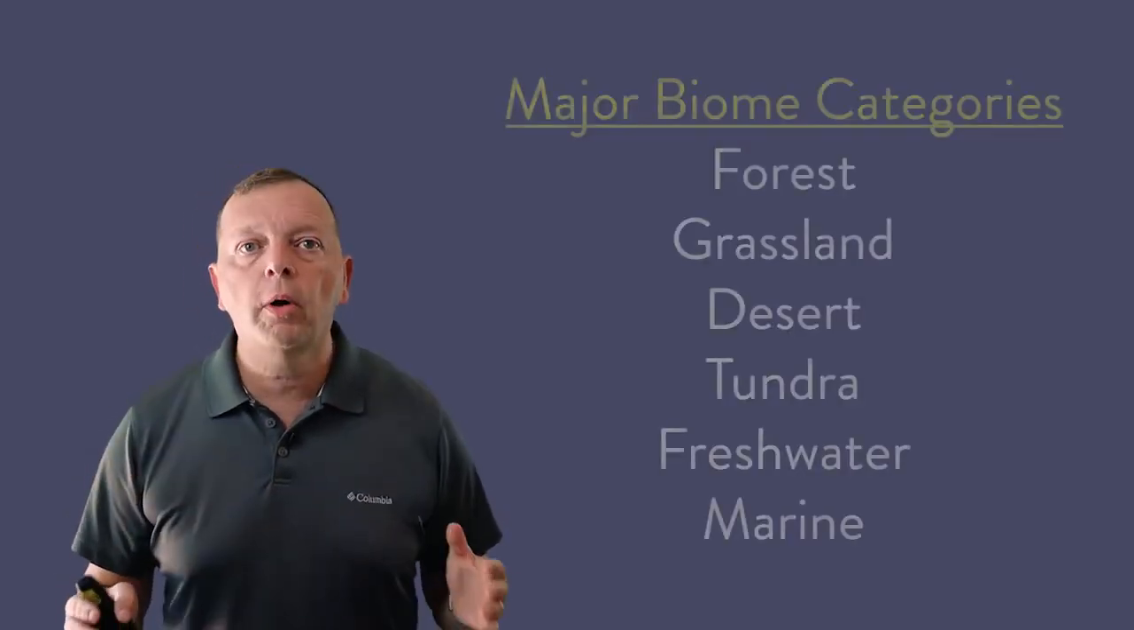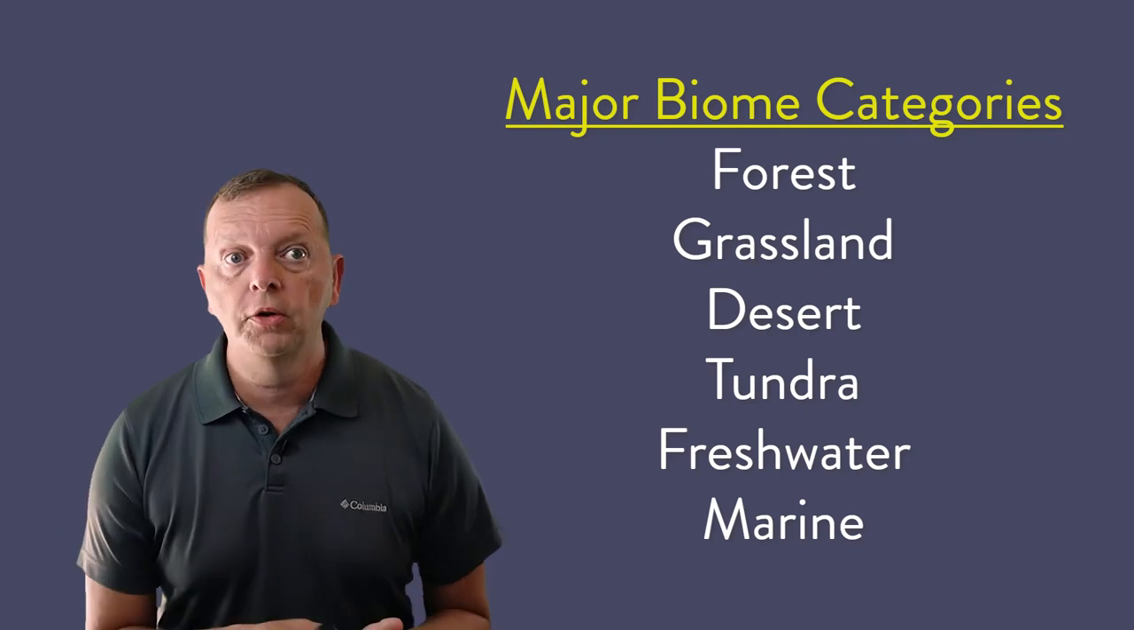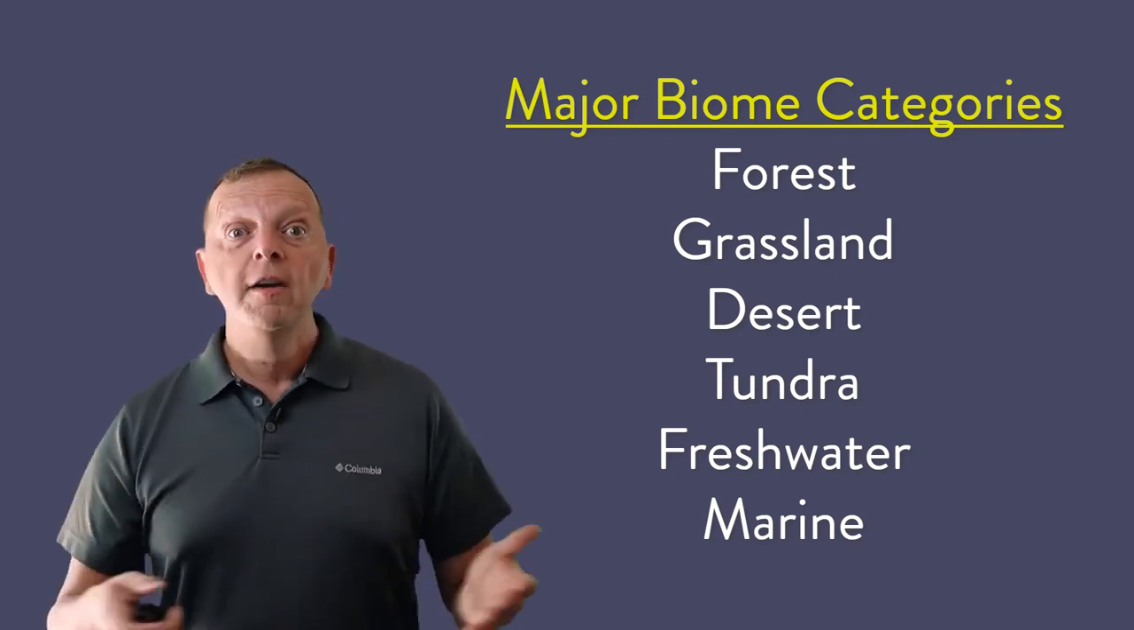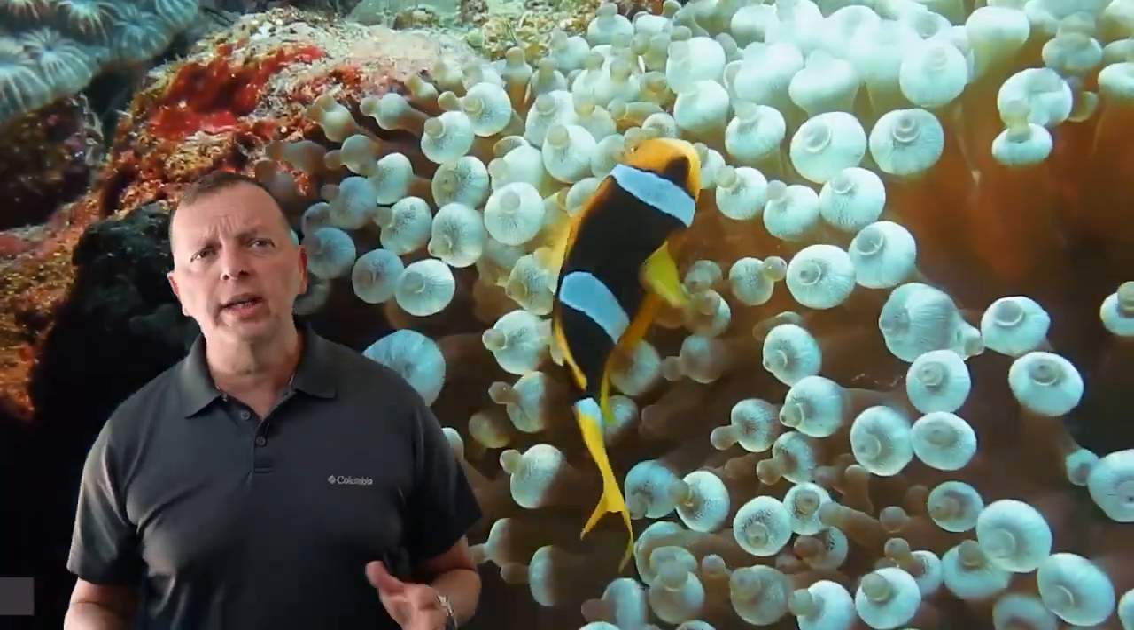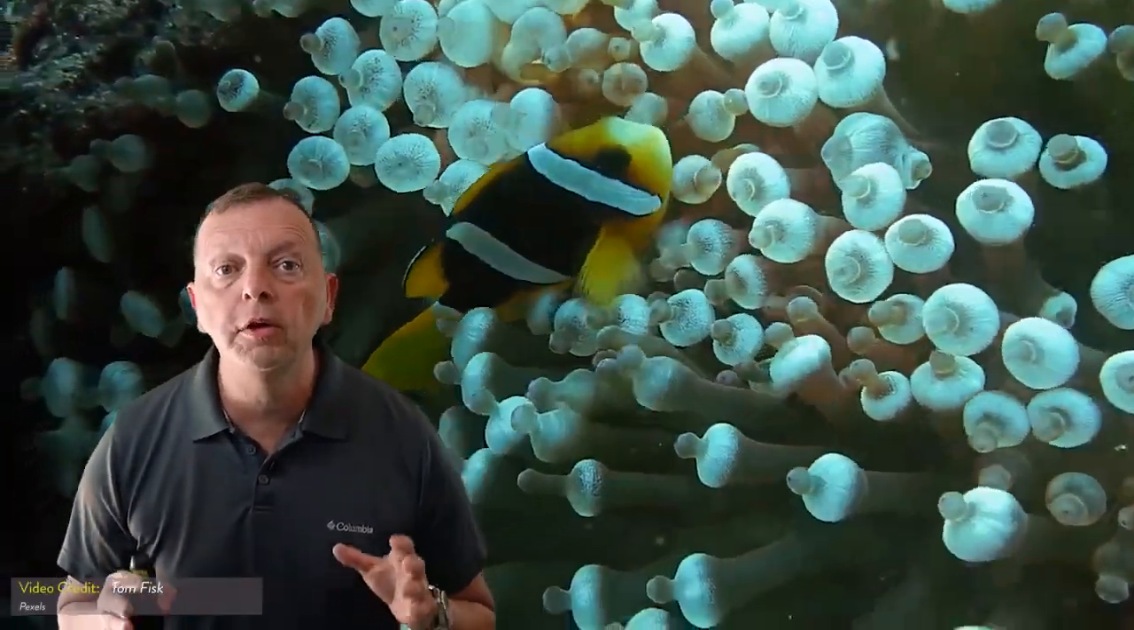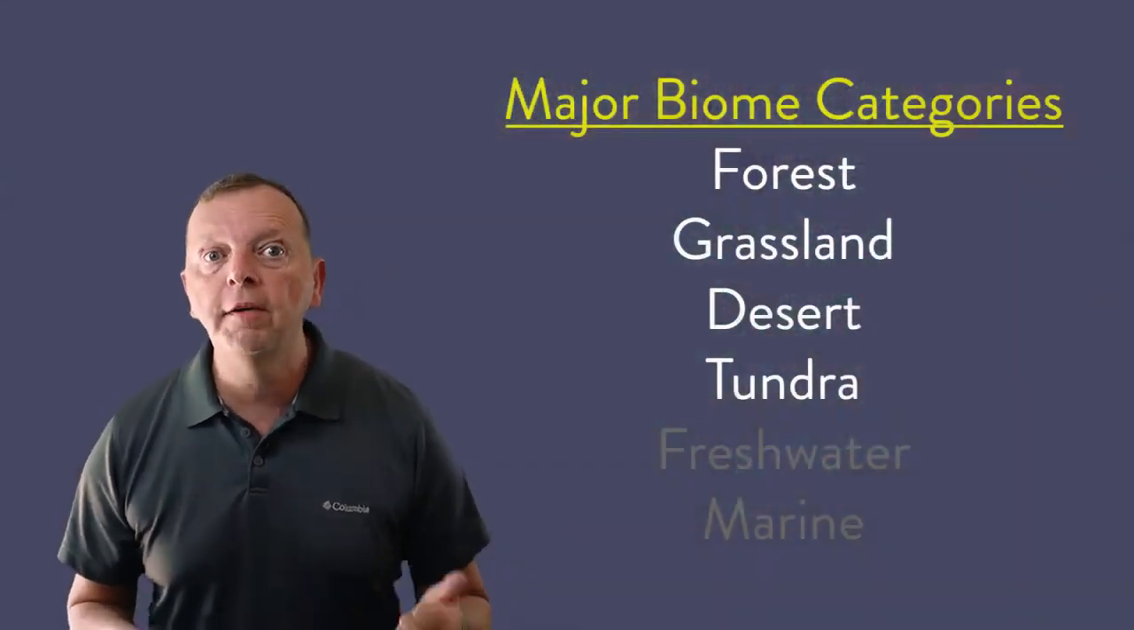biome supports. Now, there are several broad groups of biomes. There's forest, grassland, desert, tundra, freshwater, and even marine biomes. Now, the freshwater and the marine biomes refer to the vegetation and animals that live either in freshwater areas such as lakes and ponds or in our oceans. And as interesting as these are, we're going to spend our time on the 4 land-based biomes of the forest,